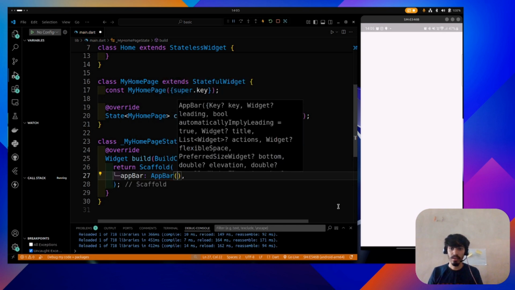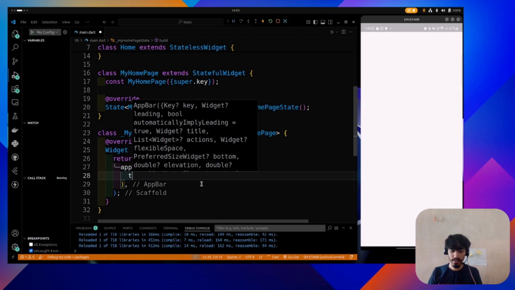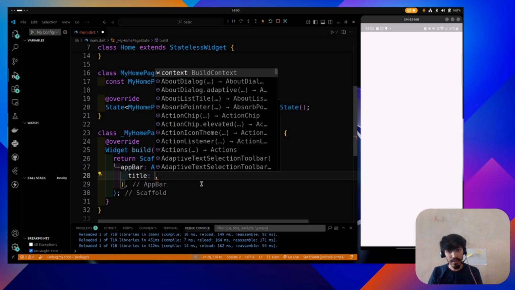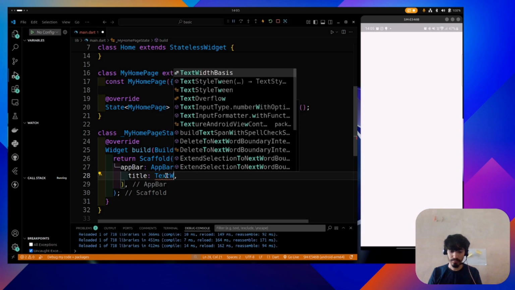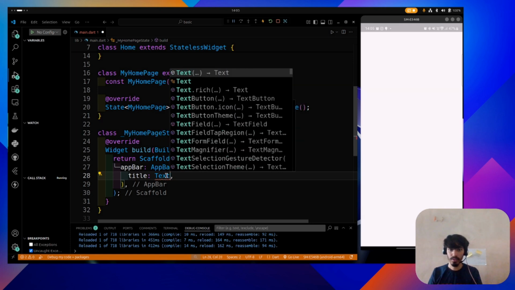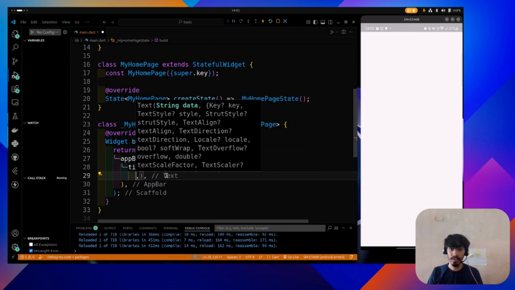If you look at this again, this app bar will take one more named argument, that is title, and this title will take again one more widget, that will be the text widget,